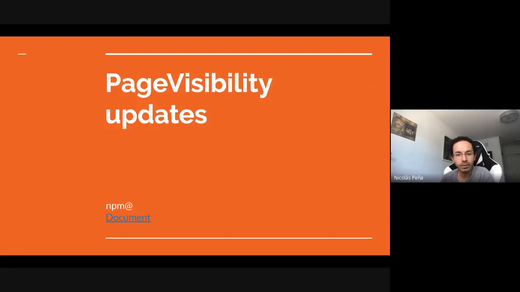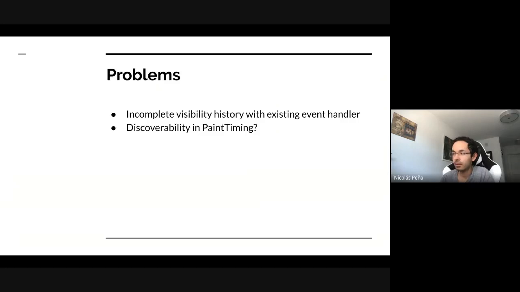Yeah, so I just wanted to present an update on page visibility. I wrote a document where I documented some of the problems that we've been hearing. One of them was the fact that you don't really get a complete history of page visibility from the browser because you can only register an event listener, and obviously that means that you do not get any changes that occurred before the listener was registered. And the other problem is